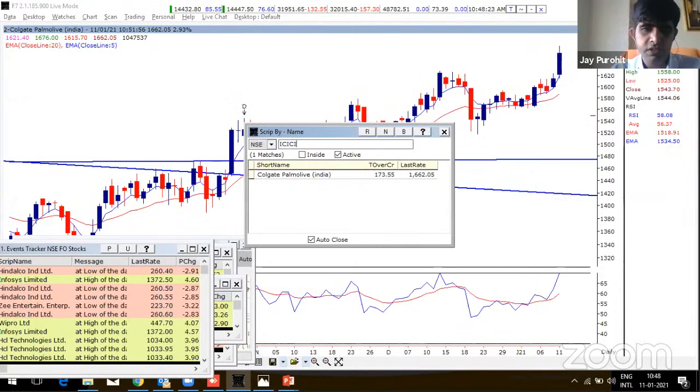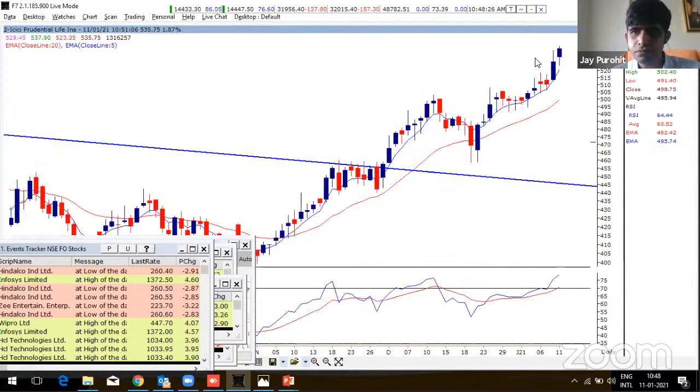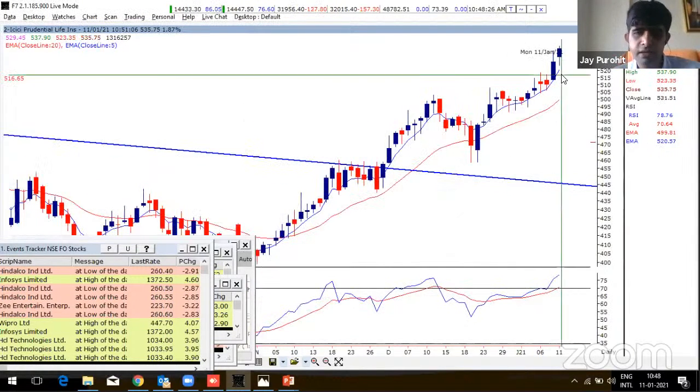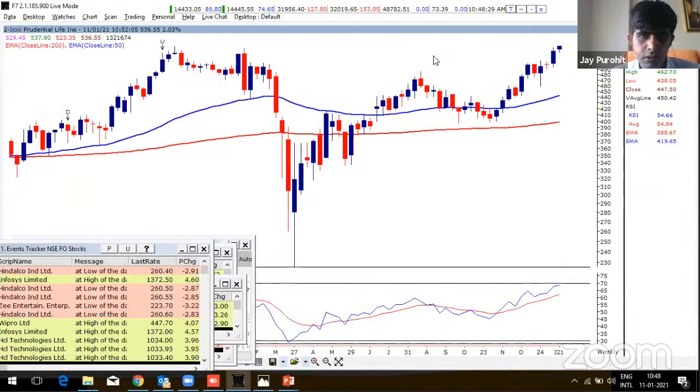The third stock is ICICI Prudential Life. This is also continuously moving higher, and the stock,